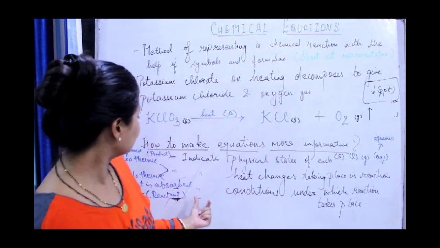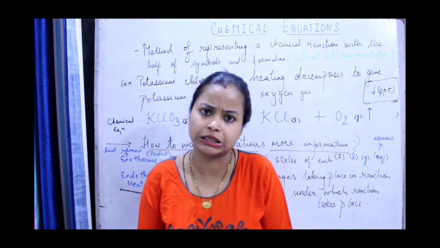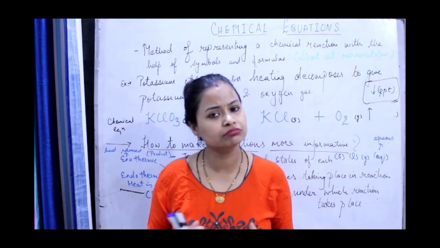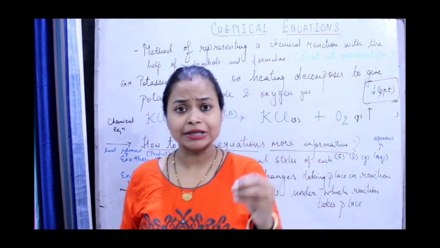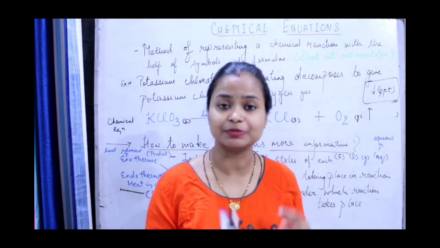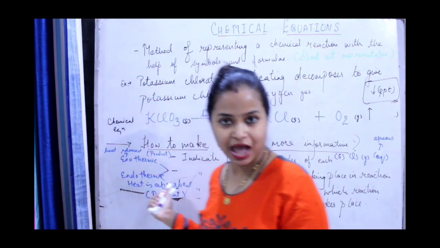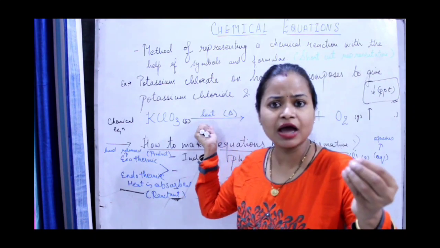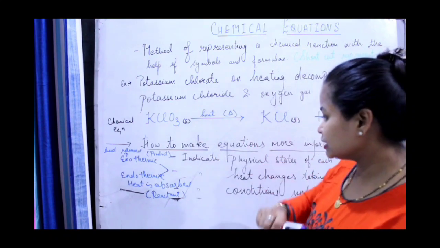Now the third is indicate the conditions under which the reaction takes place. Now you might be thinking, what sort of conditions? In a chemical reaction, when it is occurring, there are heat changes, we have already written. Then what are the conditions? So conditions means either you have to provide temperature, that is the condition. Sometimes temperatures are written clearly, like 300 degrees Celsius on the arrow, that means you have to provide heat, that is the same thing only. Here we have written heat, we have not clearly written how much heat. So that is one condition.